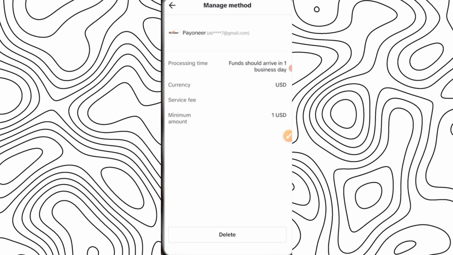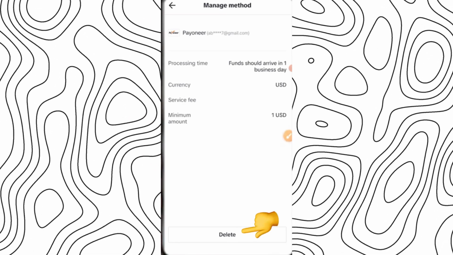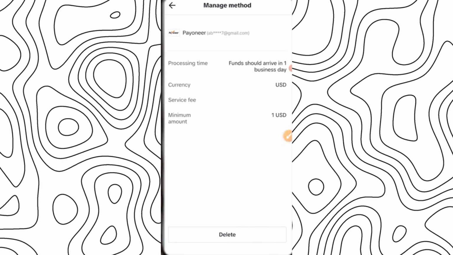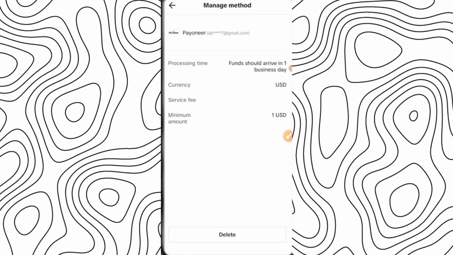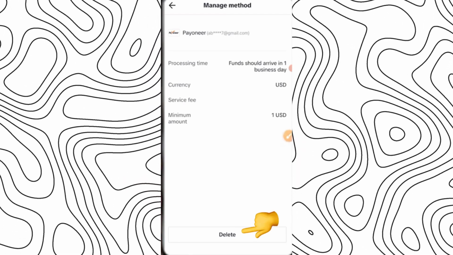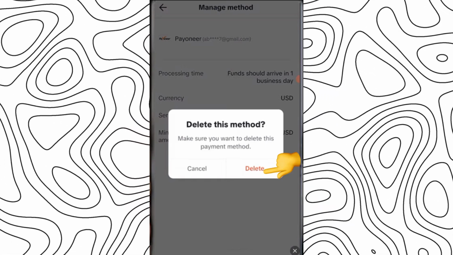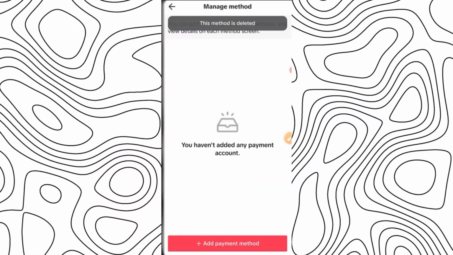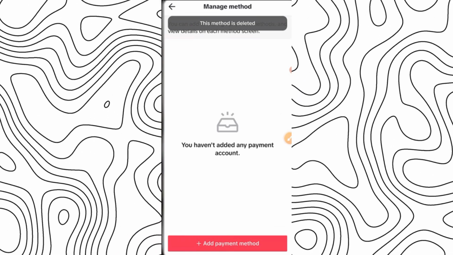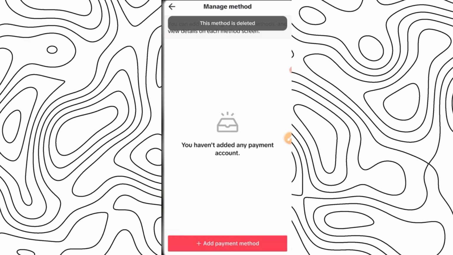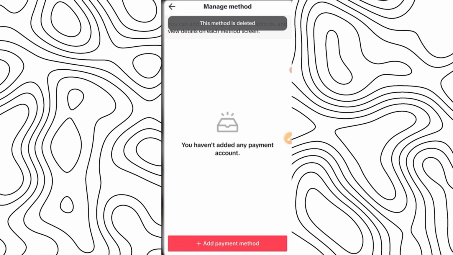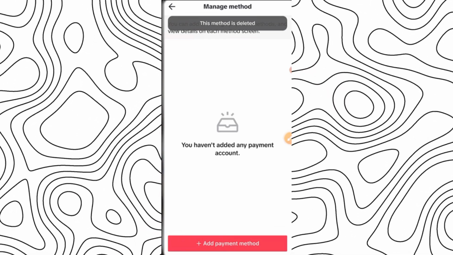So from here you can easily delete the payment method that you are currently having. So if you're having a credit card, then you can delete it from here. So after clicking on delete and yes, then your credit card or your specific payment method will be deleted from TikTok account. So that was how you can delete credit card or any of your payment method from TikTok account,